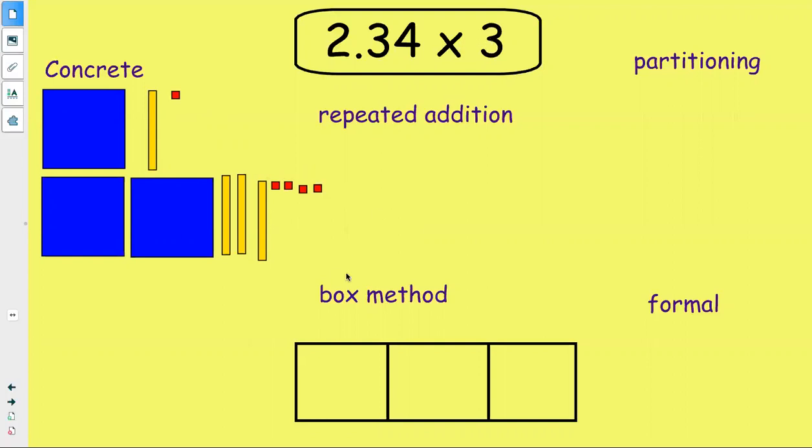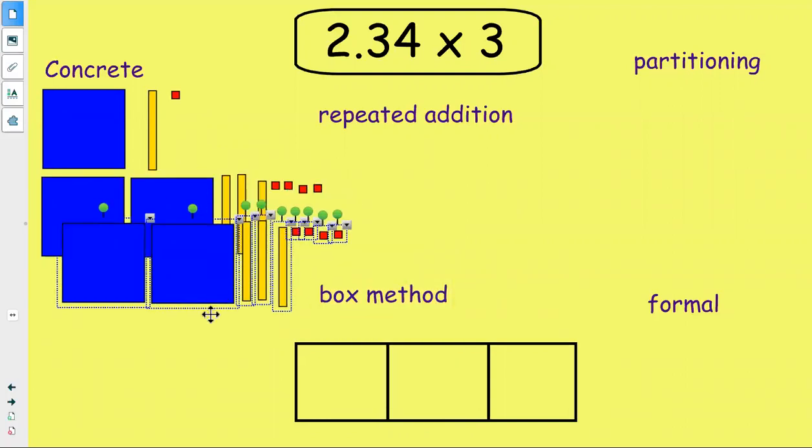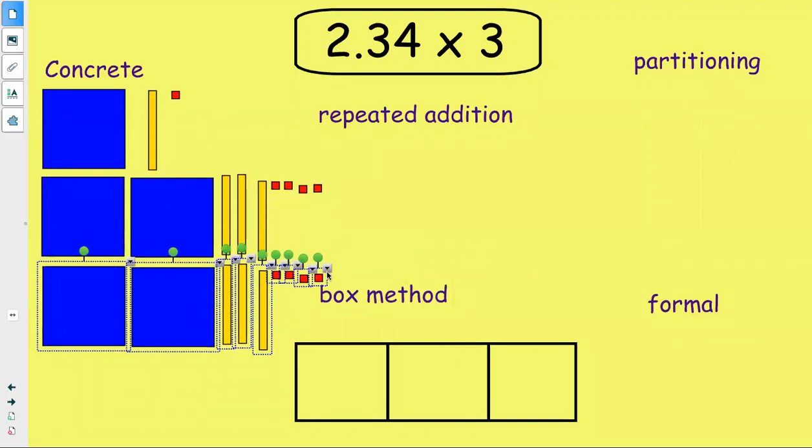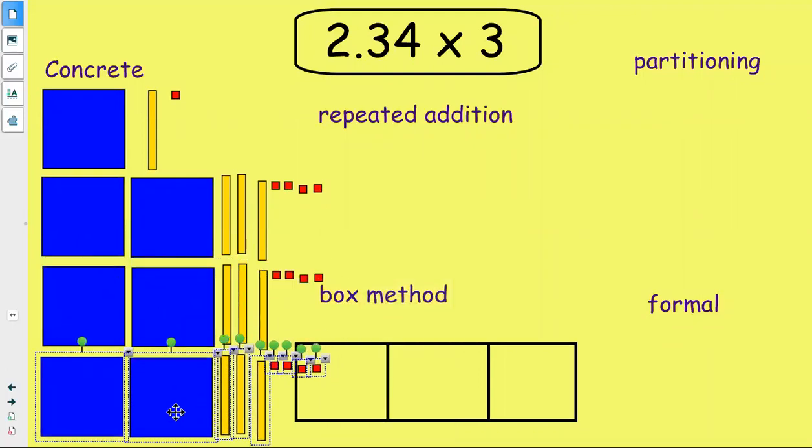And what it means to multiply it by 3 is you're really taking all that and cloning it. So you've got it 3 times. So if I look at that now, if I circle